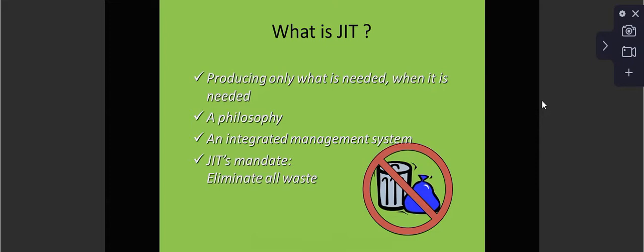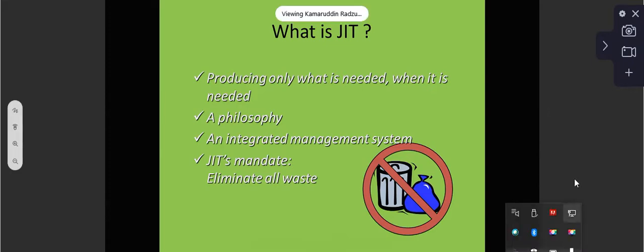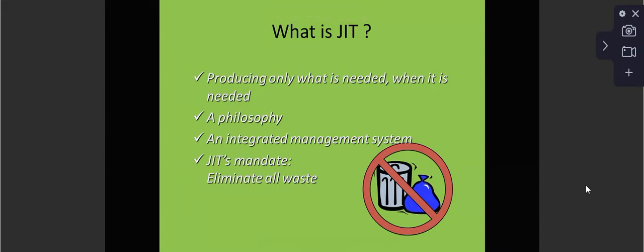To summarize, just in time is producing only what is needed and when it is needed. With this kind of approach, the organization can eliminate waste. And of course, just in time is an integrated management system where